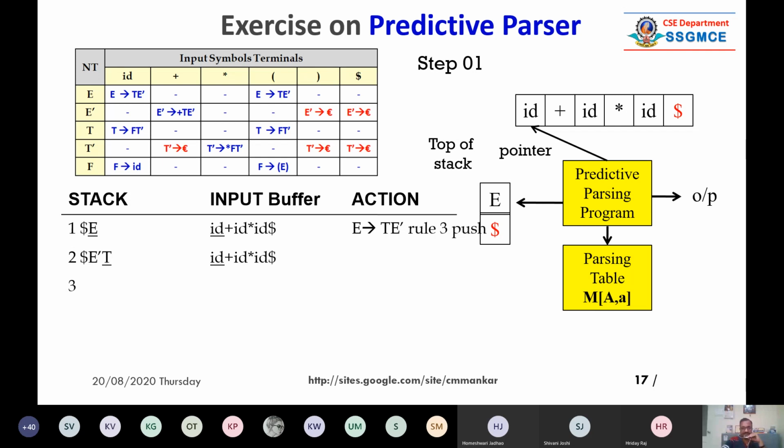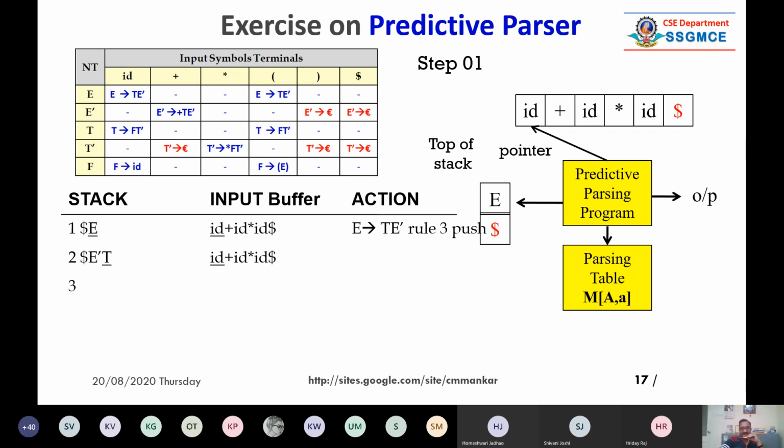And in action, in first row, serial number 1, I have written that you have to substitute this production rule, and we are using rule number 3 from the parsing algorithm or action algorithm, and operation is push. So we are popping E and pushing right hand side of E. E is a non-terminal. And here we are not moving the pointer.